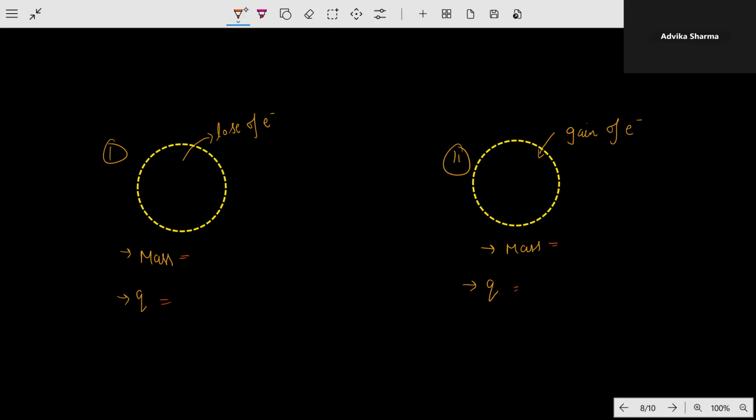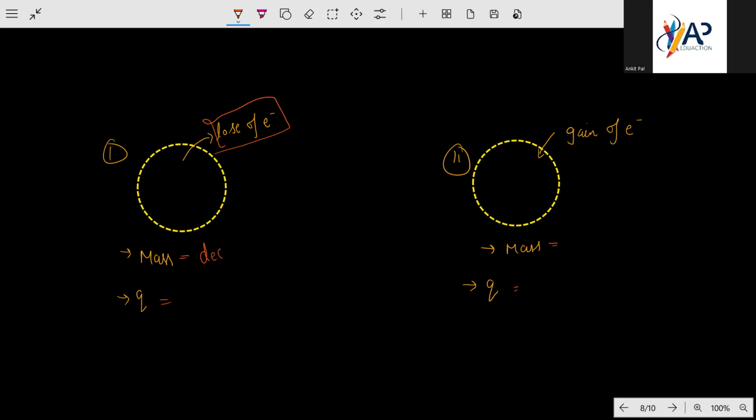I'm saying we are not counting the electron; suppose the electron leaves the atom. So will the mass increase or decrease? Decrease. Very good. Mass will decrease